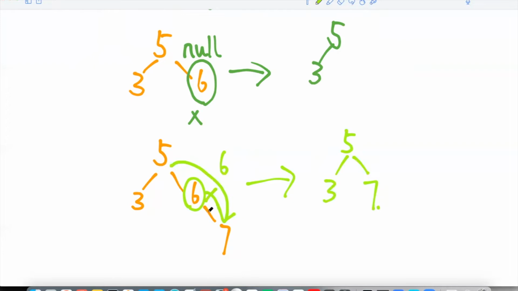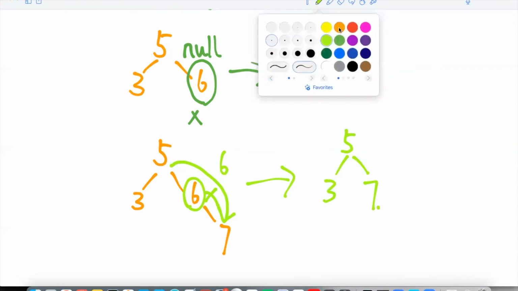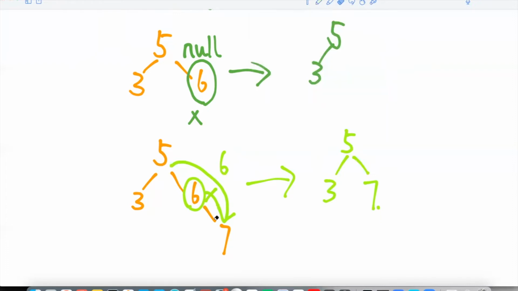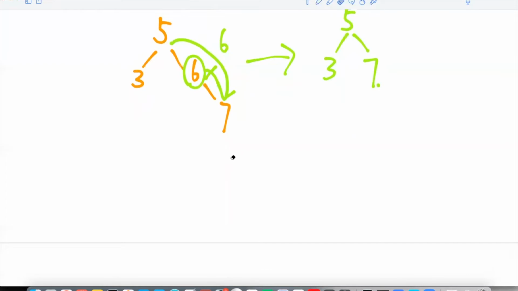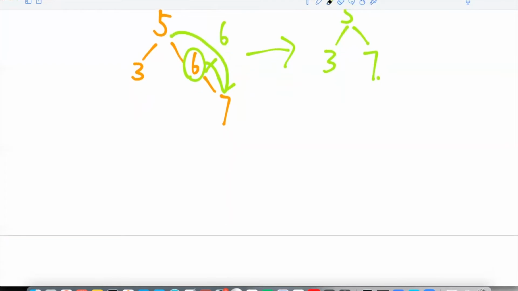And for this example, this one child is at the left side of this subtree. If it is at the right side, like this, such as this one,